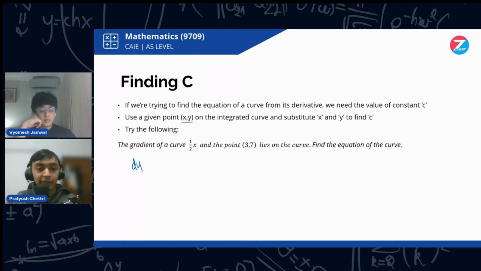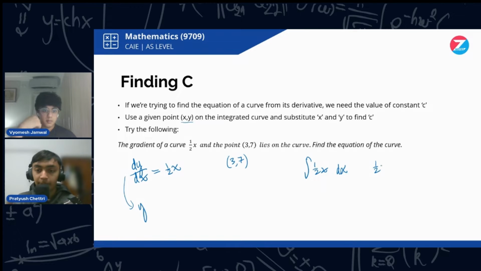Okay, I'm going to write the gradient, which means dy dx, is half x, and the point 3, 7 lies on the curve. First, I'm going to integrate this to get y. So I can write this as integrate half x with respect to x. How do I do that? Same rule from before. Increase power by 1, half x to the power 2, divide by 2. That just becomes 1/4 x squared. So y is quarter x squared,